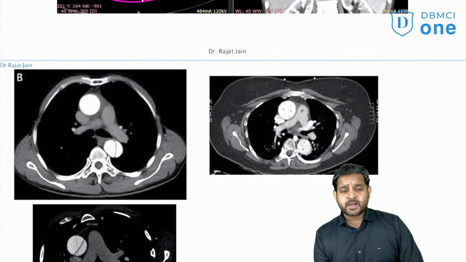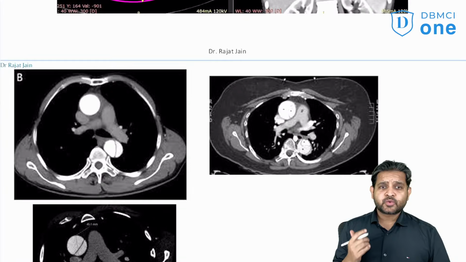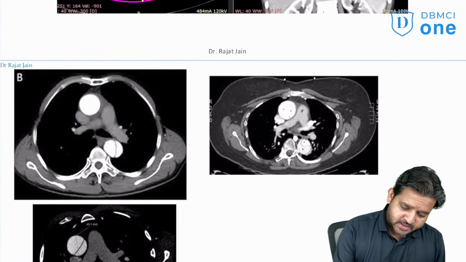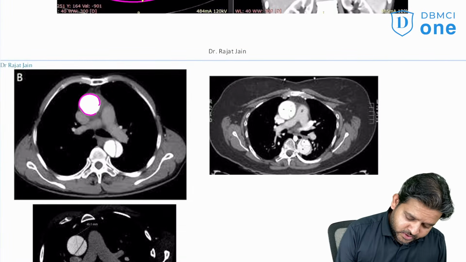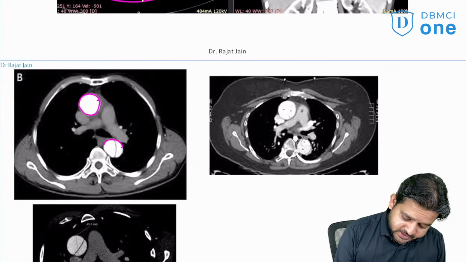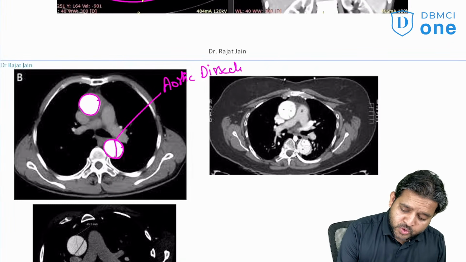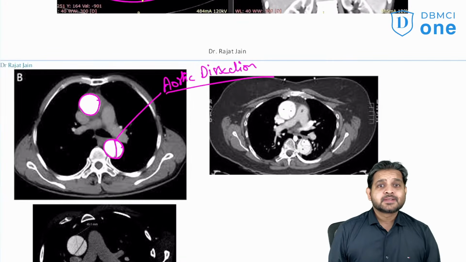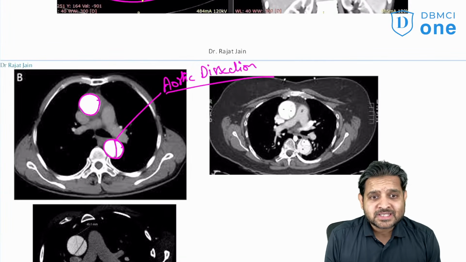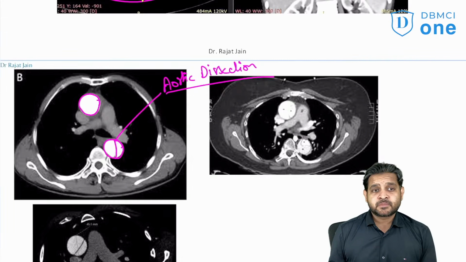Now, once you know normal, it is very, very easy to identify the abnormality. What I can see, this is ascending aorta, which looks normal to me. This is descending aorta. I can see a flap within the descending aorta. So this will become aortic dissection. Now you have to write down in the comment section that according to Stanford classification, this aortic dissection belongs to